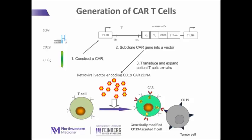So here's another picture of our Y-shaped antibody idea that we've talked about earlier. So this portion, similar to Blinatumomab, is against something called CD19 on the leukemia cell. It also has a part that targets CD3 that we also saw in Blinatumomab, which activates the T cell. And then they add in a little extra part to boost up the activity of the T cells, the